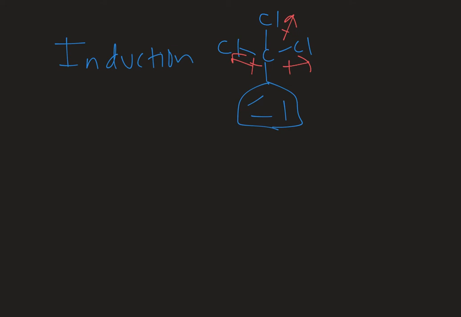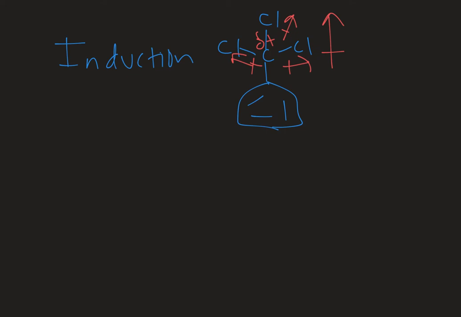All those chlorines attached to the carbon are more electronegative, and they're pulling electron density away from it. But it's not just the one bond. It's sort of from all the bonds that are nearby to a lesser extent, but proximity matters. So overall, there's electron density being pulled away from that carbon. It's going to have a pretty substantial partial positive charge on it, and that's going to pull electron density out of the ring. So this is via an inductive effect.